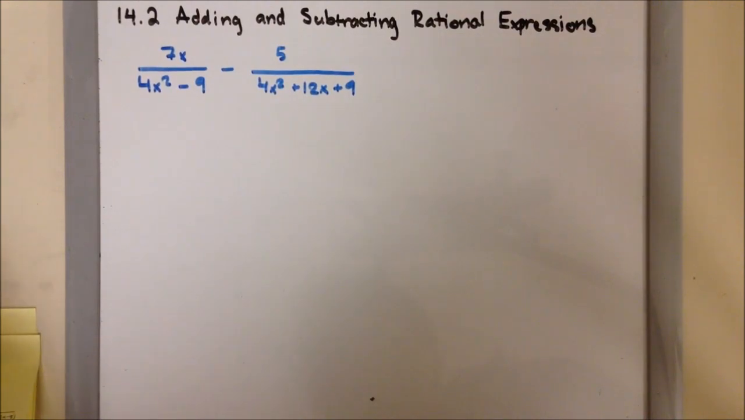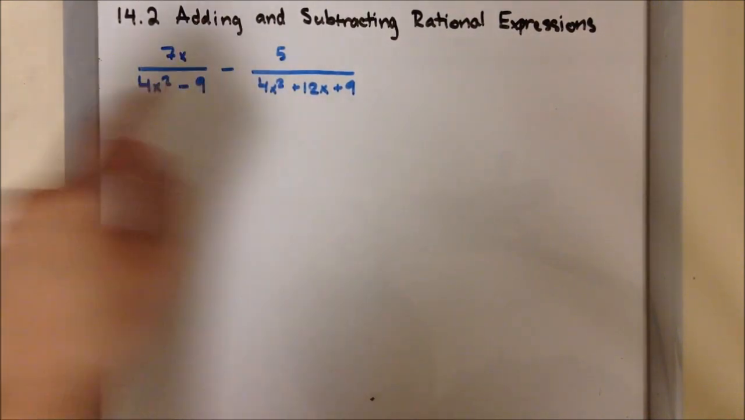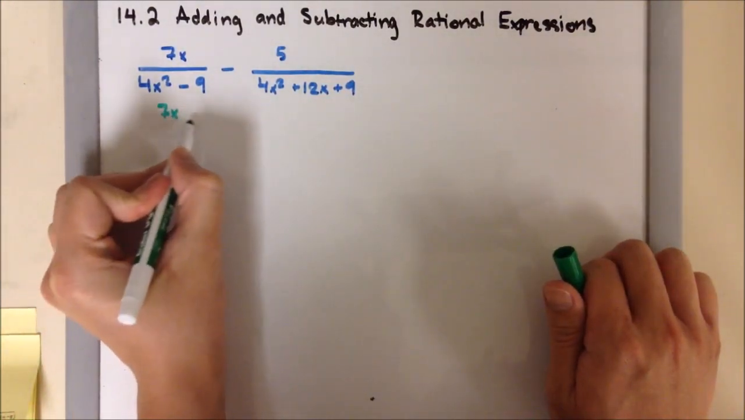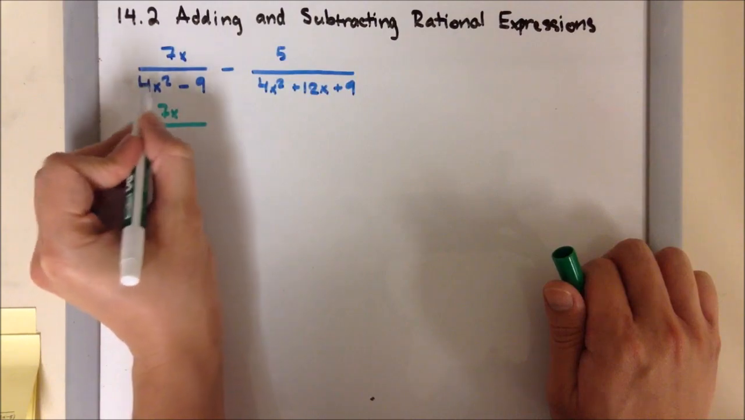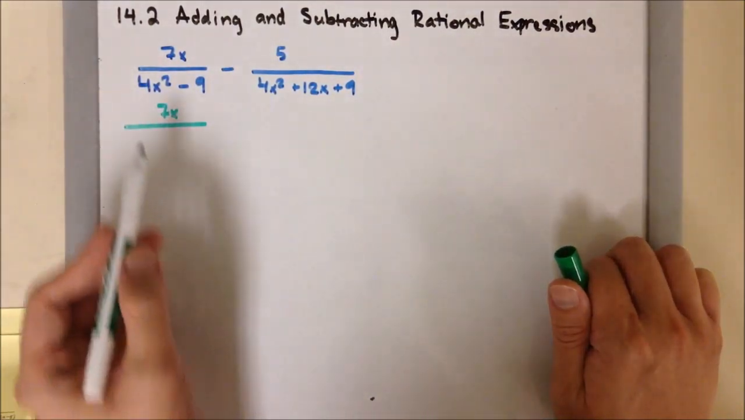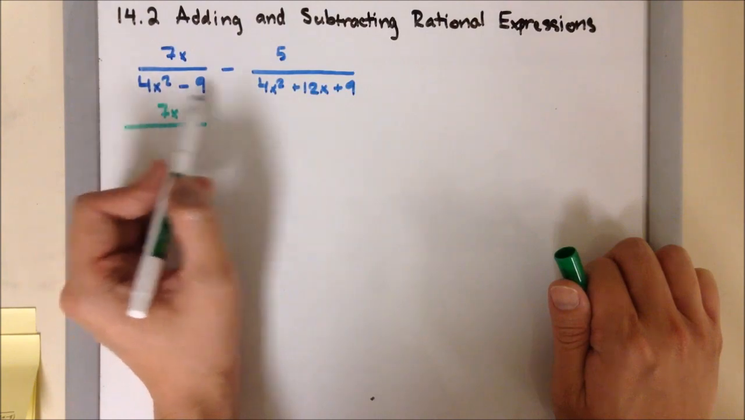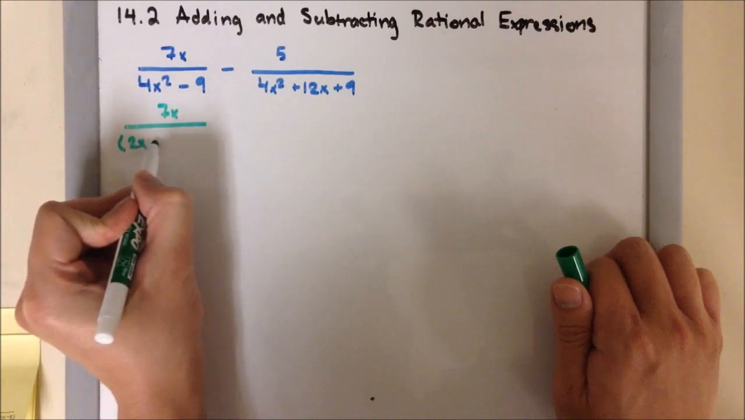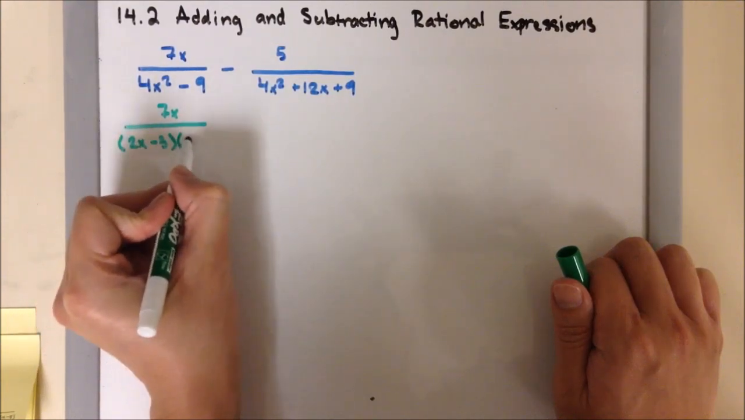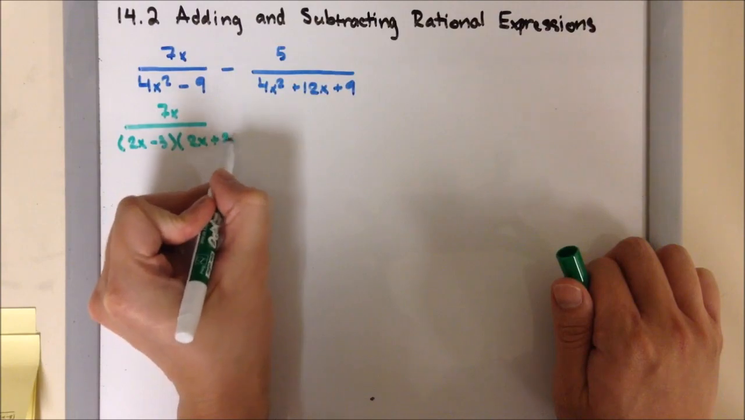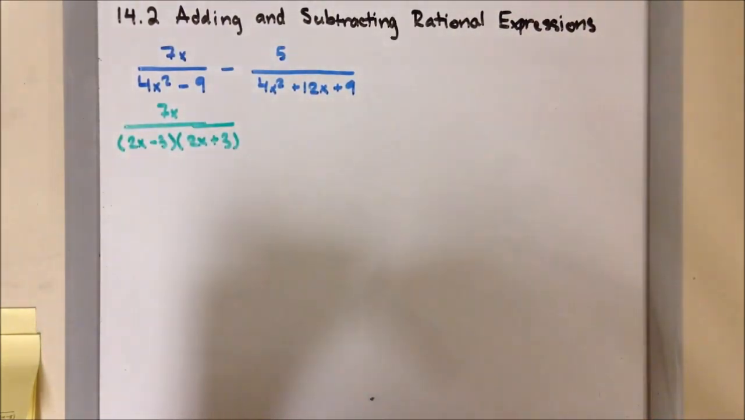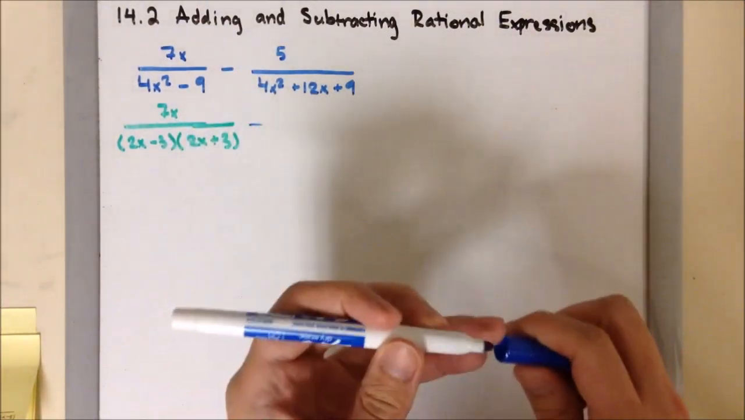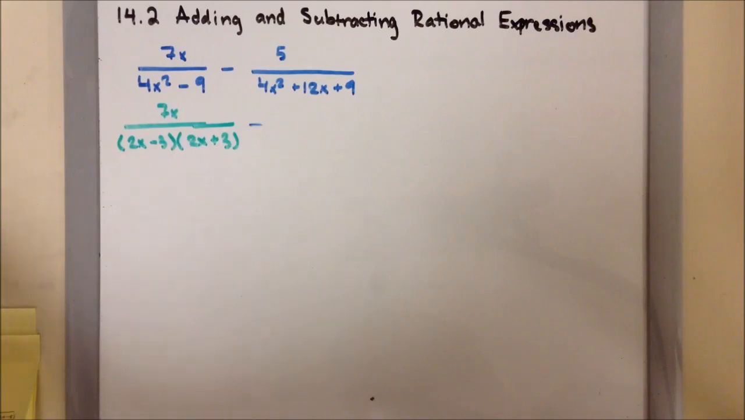Alright, so let's factor out the denominators in both fractions. Now, what I notice in the denominator of the first fraction is it's a difference of squares, because the first term and the last term are both perfect squares. So therefore, our factors are 2x minus 3 and 2x plus 3. And then put my minus here. Now for the second fraction,